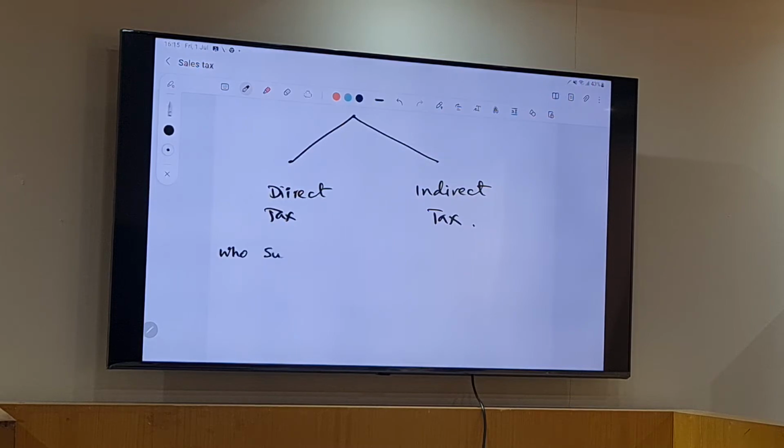Who suffers and who pays? If it's the same... Suppose, meaning how I explain this to you, who incurs, in other words. Yani, you go in, you make a profit in your business. So you have a business in partnership with a Qatari, and you make a profit of 100,000. So your capital is 49%. So how much is the profit for you?